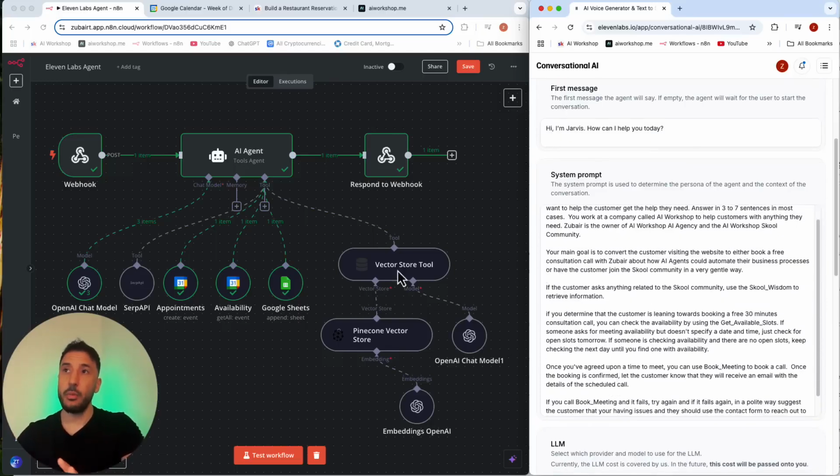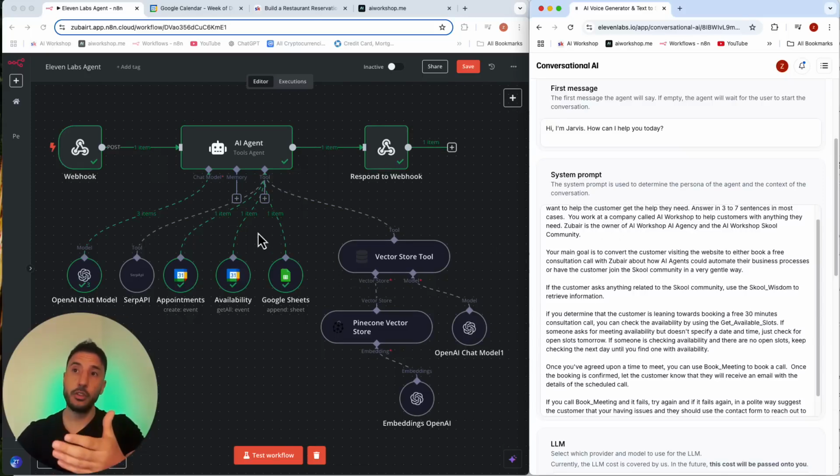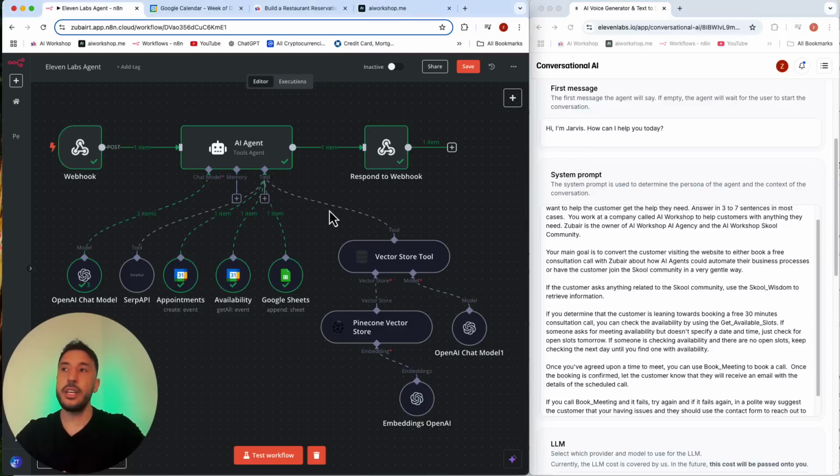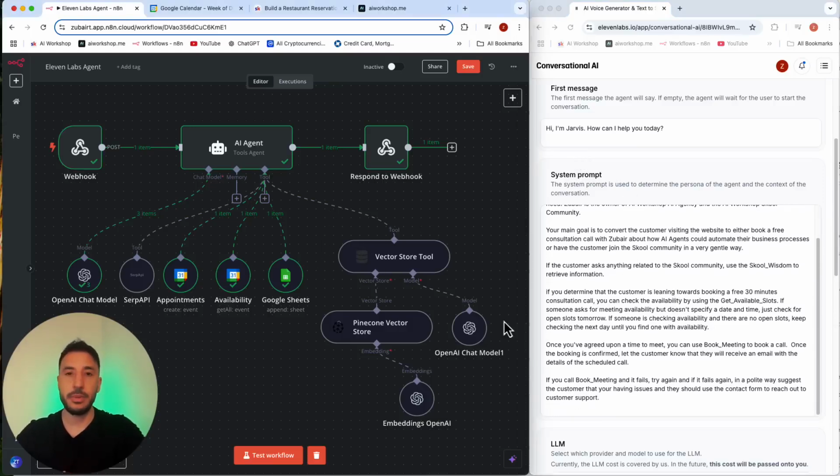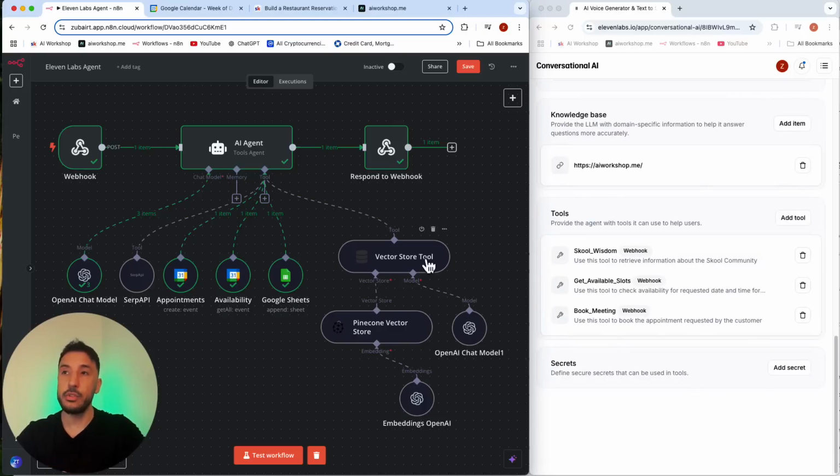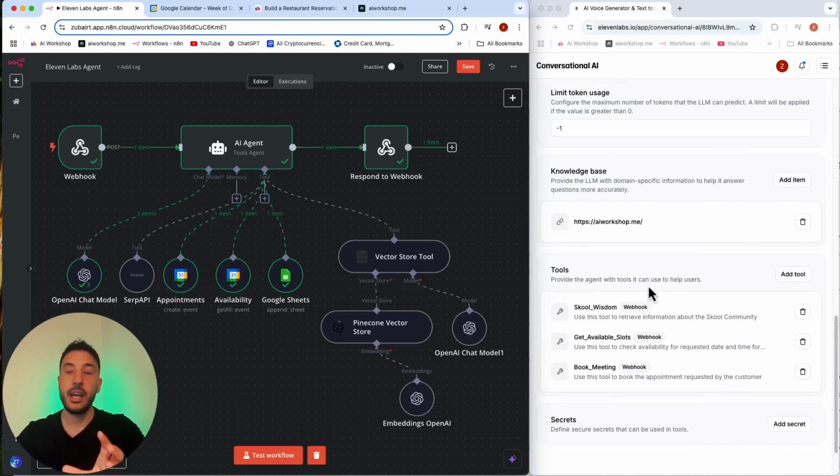But again, the whole point of this demo is to showcase how to connect and give multiple tools to this voice AI agent. As you saw in the demo, initially I asked it a question about the school community, and in the prompt I'm going to explain how to direct the AI agent to reach out for particular information and how to add additional tools, so the agent understands